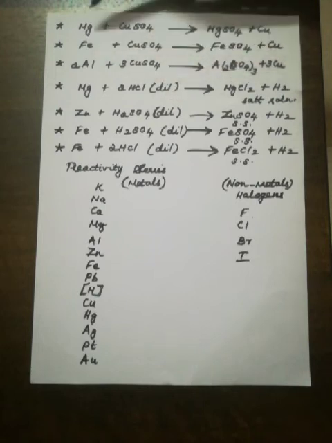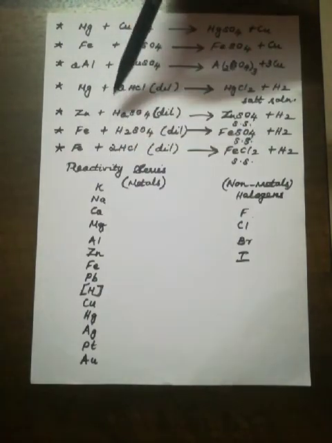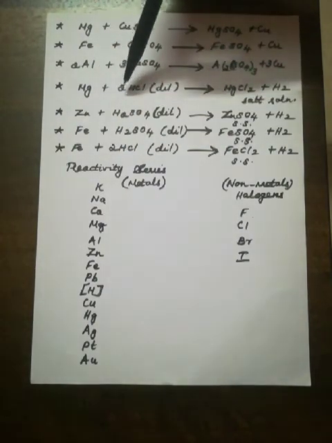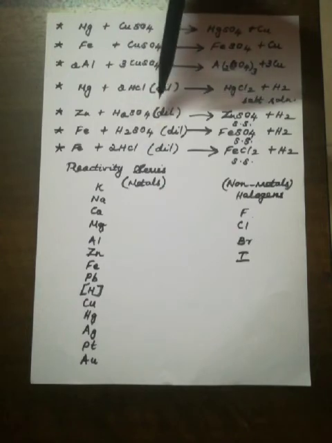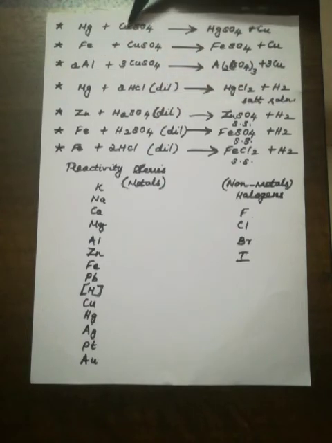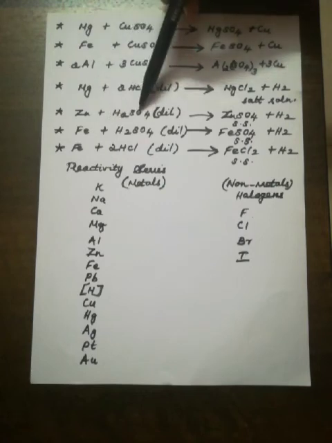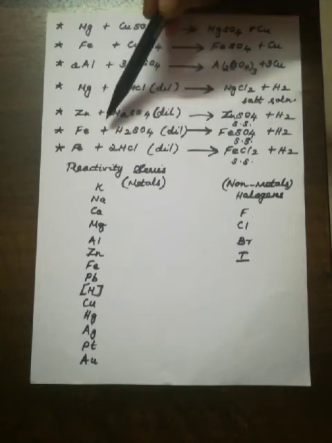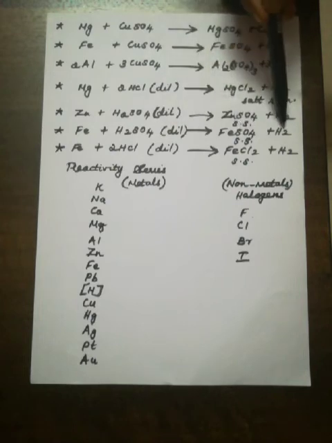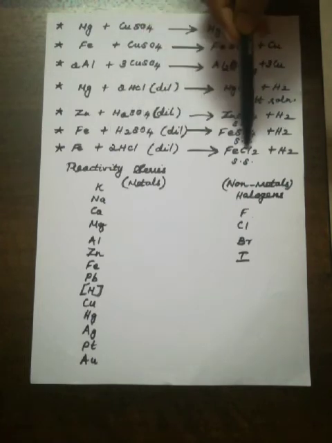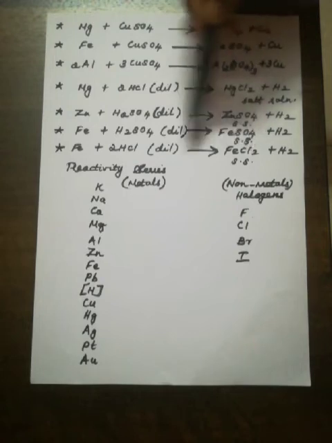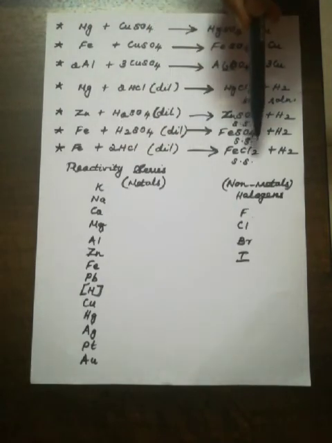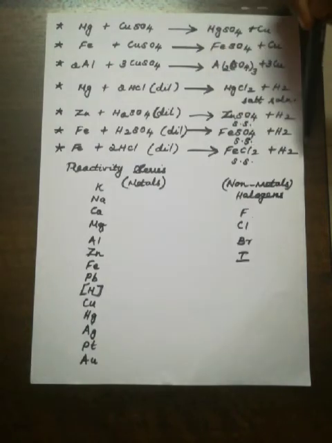See, the previous equations say that a metal displaces another metal. But this fourth equation says only one metal is present here, but it is going to displace hydrogen, which is a non-metal. So don't think that always a metal should displace another metal. It can be a metal with a non-metal also, like hydrogen, because all the gases are non-metals. Here zinc is going to displace hydrogen. So zinc sulfate, hydrogen. The same way iron 2 sulfate, hydrogen. Iron with HCl, that is FeCl2. FeCl3 is also there, but the product formed here is FeCl2, which has valency 2, FeCl2 plus H2.